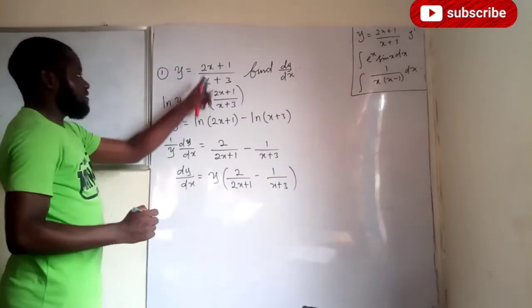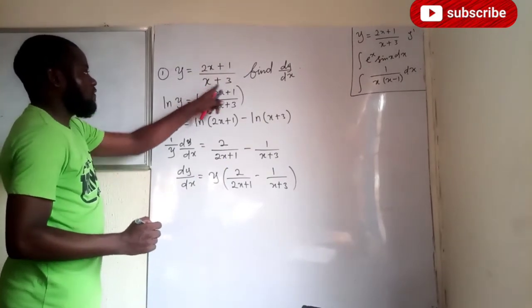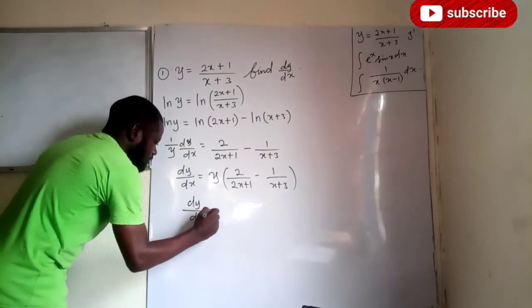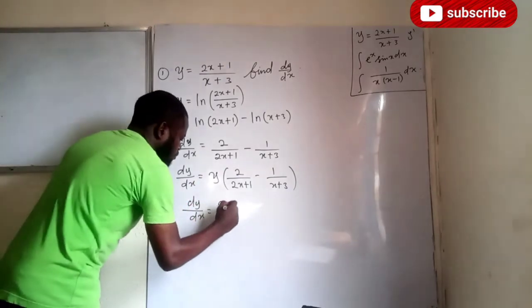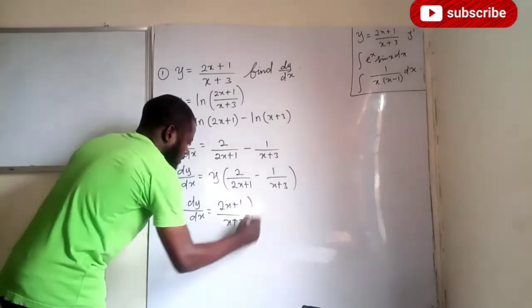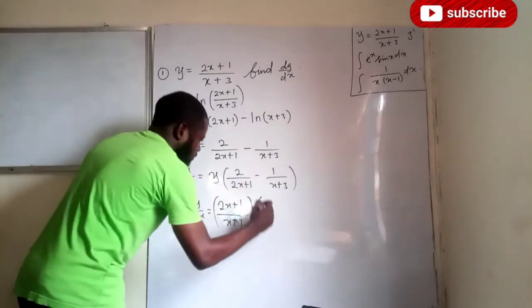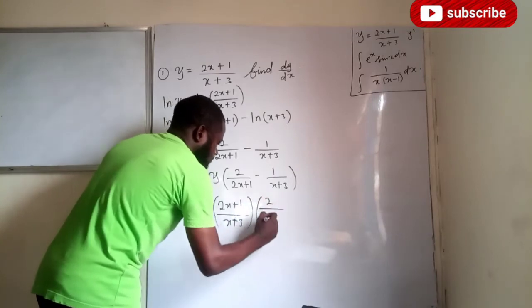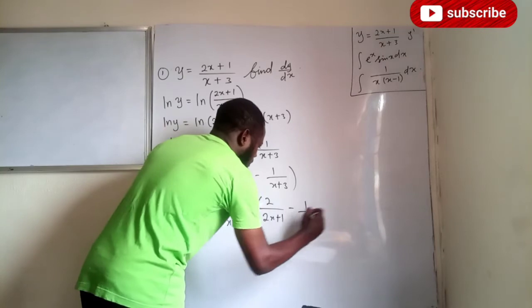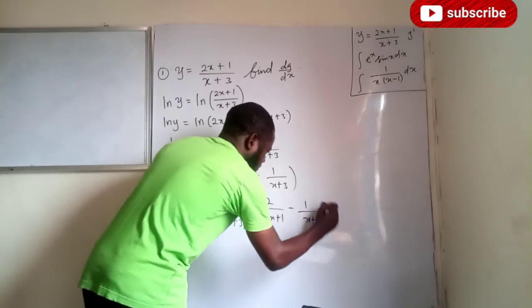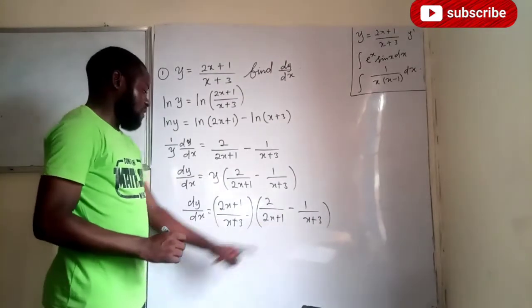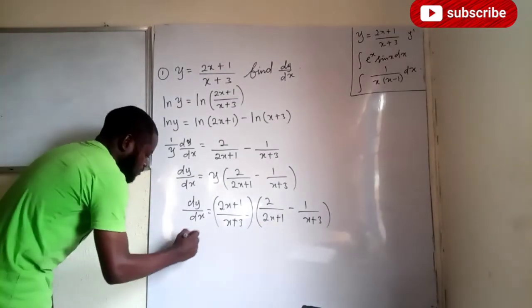So y is given to be (2x+1) over (x+3). Therefore, dy/dx equals (2x+1) divided by (x+3), multiplying the whole function here: 2 over (2x+1) minus 1 over (x+3), like this. So if I open these brackets now, my result is going to be that dy/dx